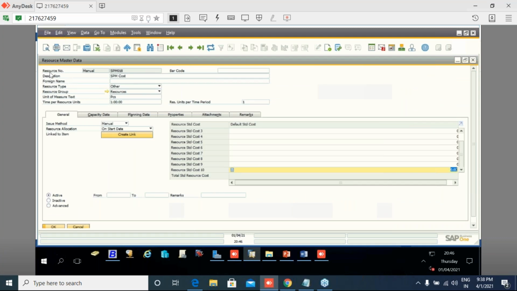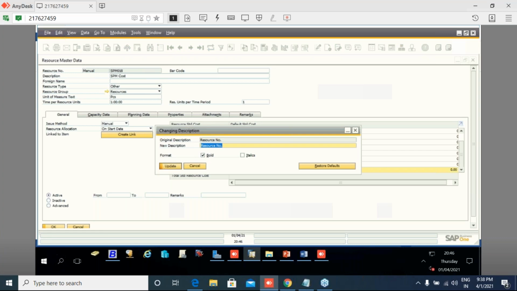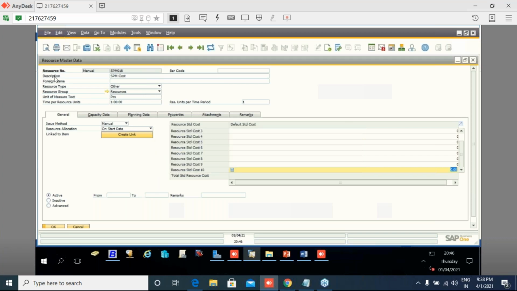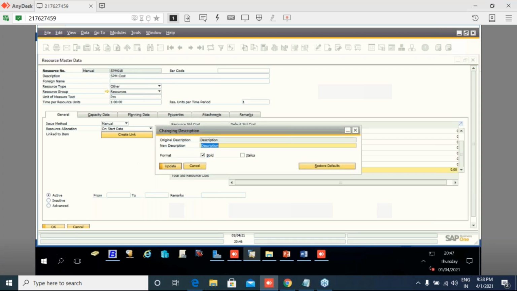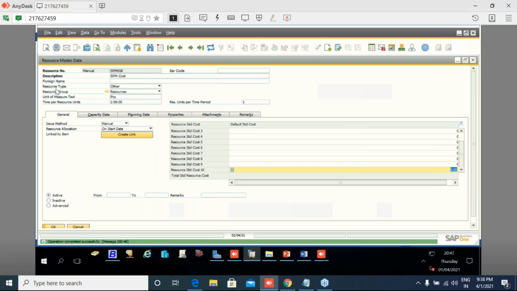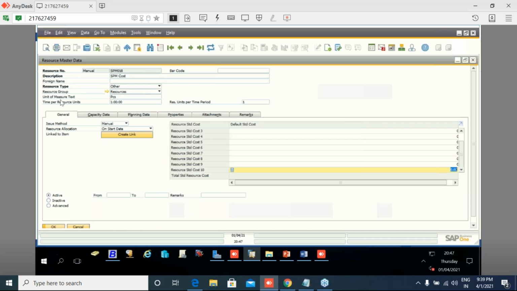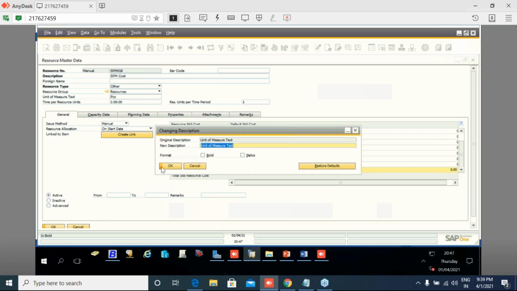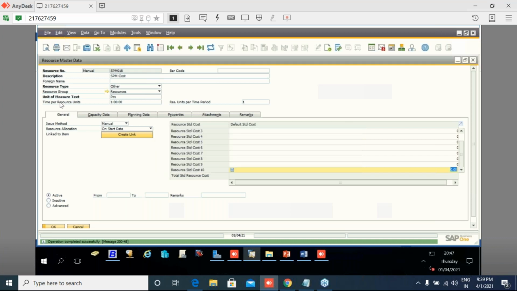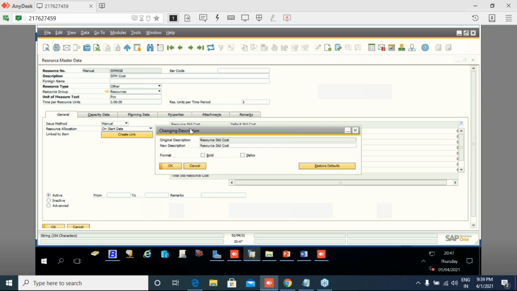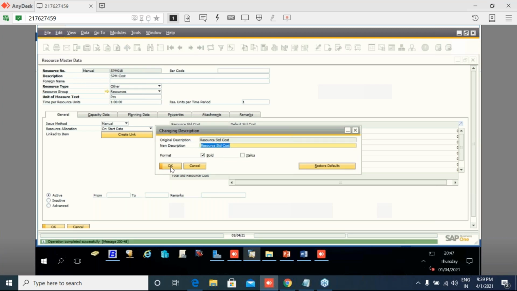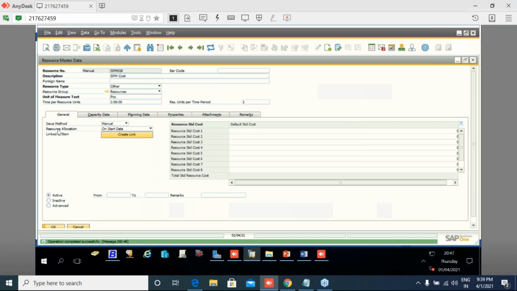Basically, the important parts are resource item number, resource description, resource type, unit of measure, and after that resource cost, resource allocation.